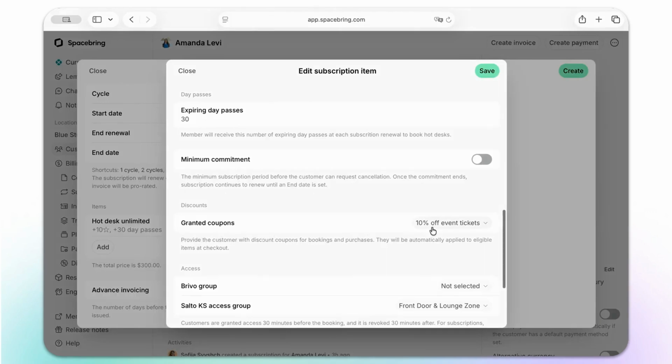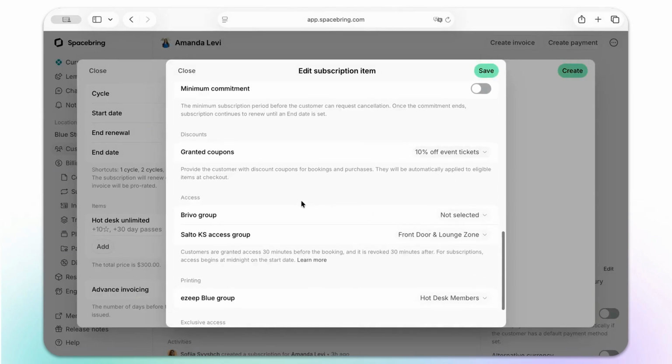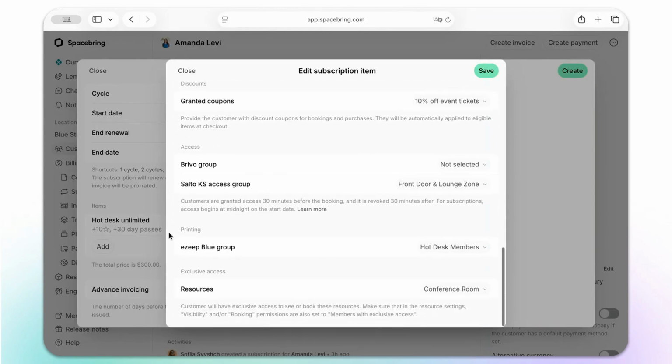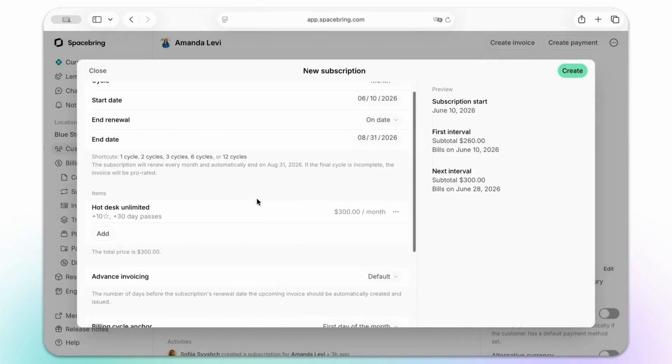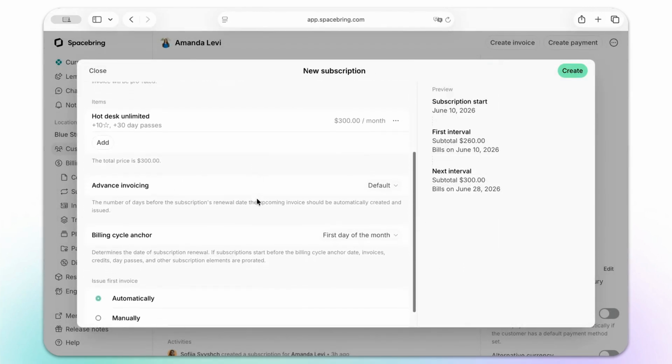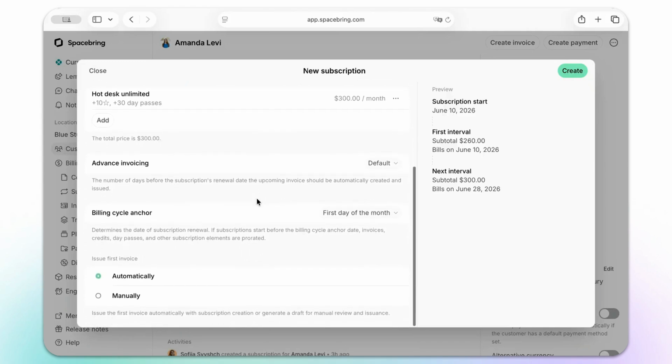In the Access section, you can select the Access Control Group. Spacebring automatically syncs the member to their access group when the subscription starts and removes them when it ends or is canceled. Similarly, in the Printing section, you can select the EZ Blue group to provide printing access to a member automatically. Under the Exclusive Access section, choose resources which you offer for bookings only on special membership tiers for a few members. Beyond the items themselves, there are a few subscription-level settings that directly affect how invoices are generated and